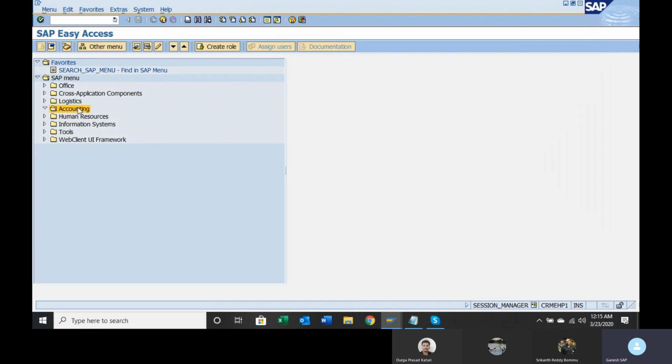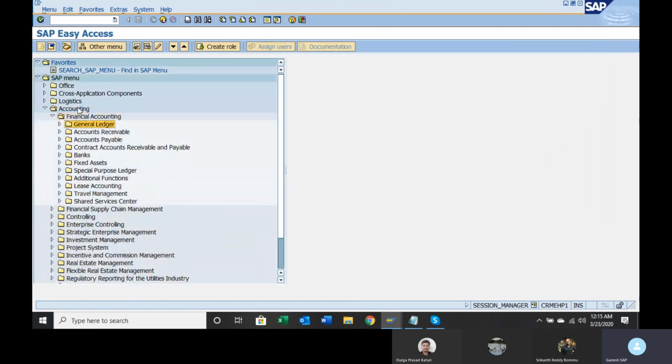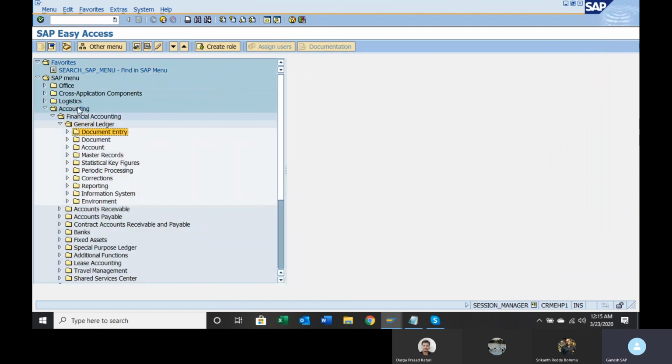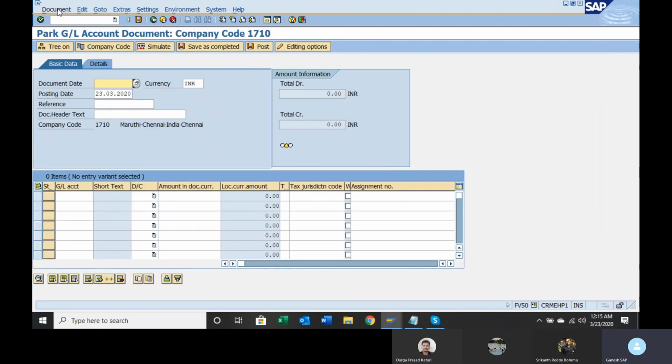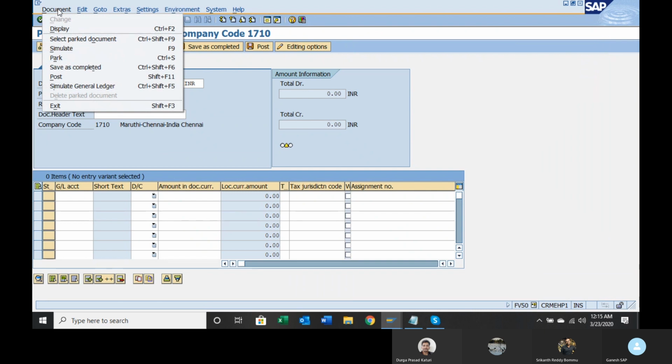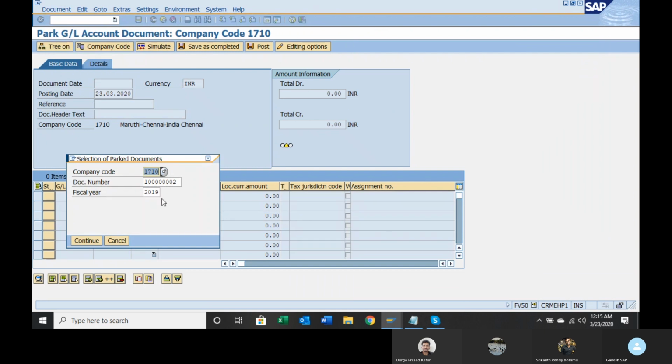Go to Accounting, Financial Accounting, General Ledger, Document Entry, Edit or Park GL Document. Go here. Select park document. This is the document which is already parked.